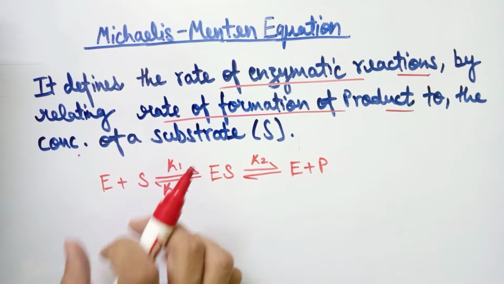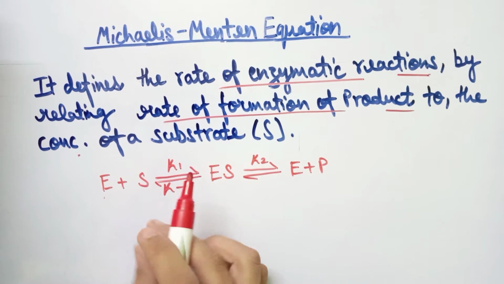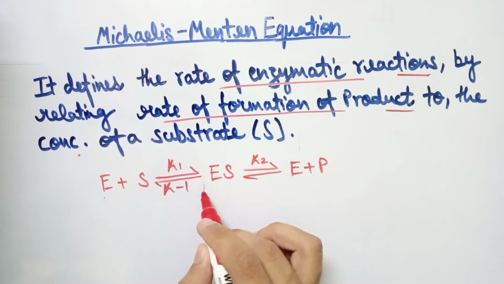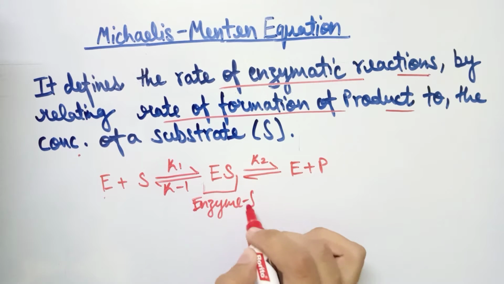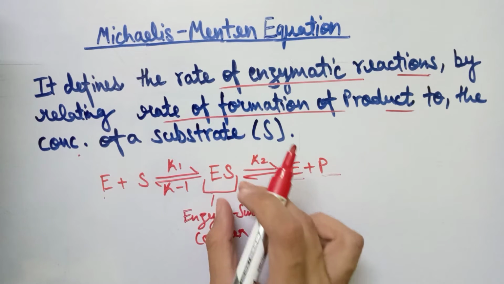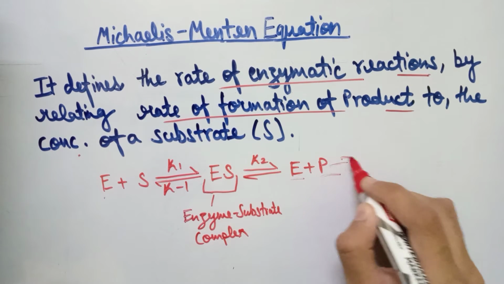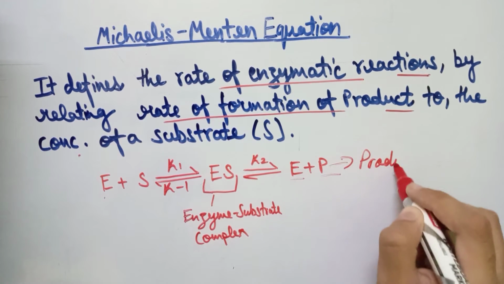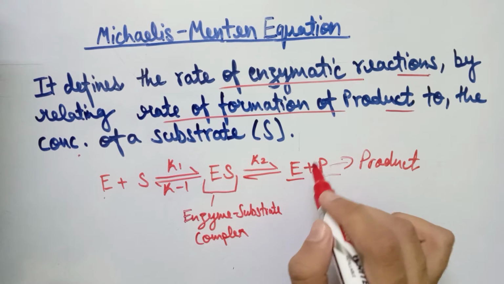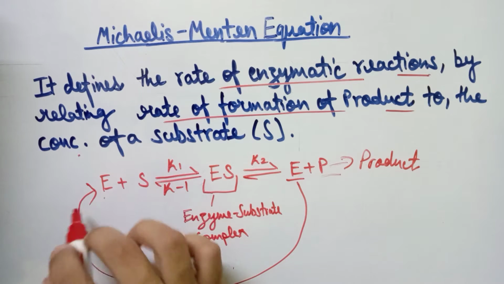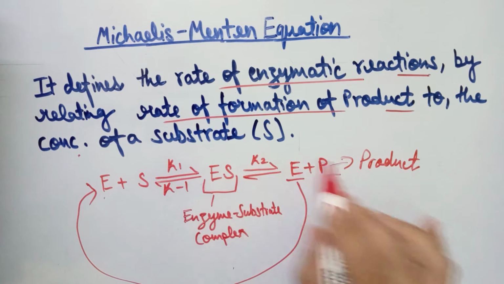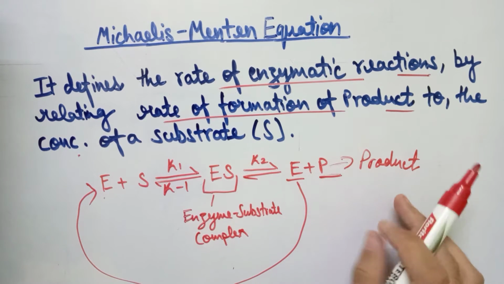As we know, an enzyme acts upon a substrate and forms an enzyme substrate complex. Further, the enzyme acts on the substrate and a product is formed. Finally, a product is formed and the enzyme is obtained as it is, and this enzyme is used further on another substrate, and this cycle goes on and new product is formed in this manner.